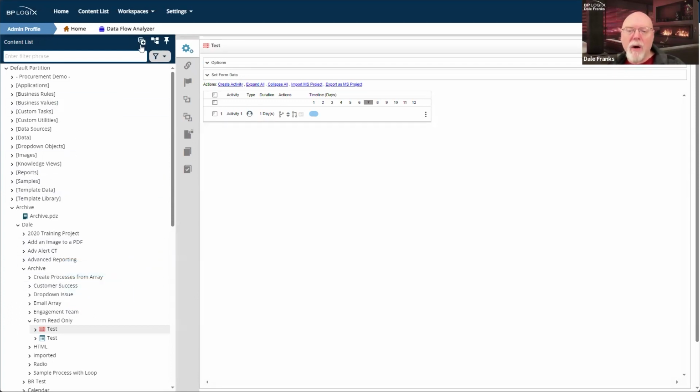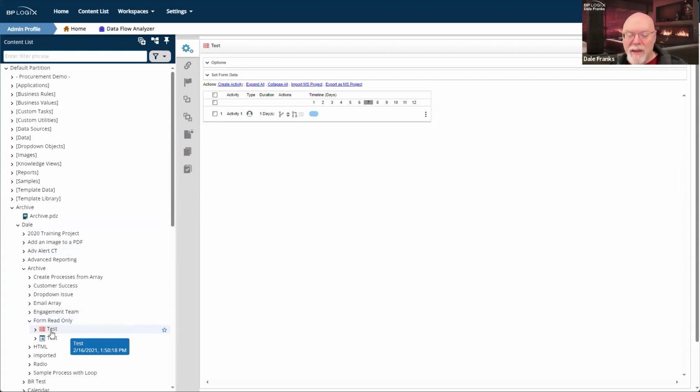And even though I told the content list to collapse everything, it still kept something uncollapsed. The archive folder is uncollapsed, and the reason is that I'm inside that archive folder. I'm inside the Dale subfolder and inside a subfolder called form read only.